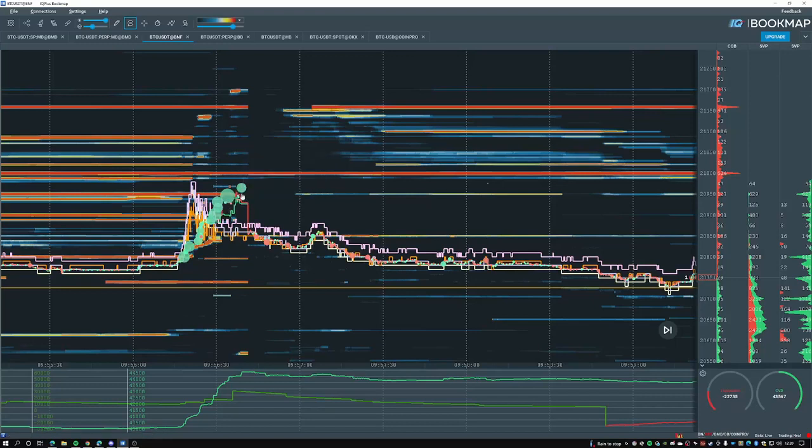Do I or do I not want to take my position off out of fear of price going higher? And looking at other exchanges, you can see that you in fact want to keep your short in place,